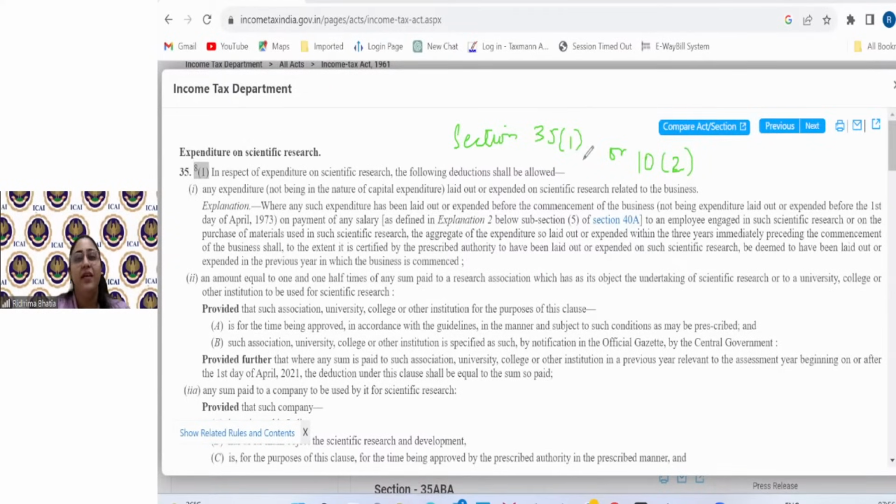How will it make a difference in exam? It will not make any difference in exam if you're writing it in this way, but when you will be saying it in your daily life, you will have to say it as Section 35 subsection 1, Section 10 clause 2. Generally the definition section is Section 2 in all the acts, and there every definition is independent of each other. They are called clauses.